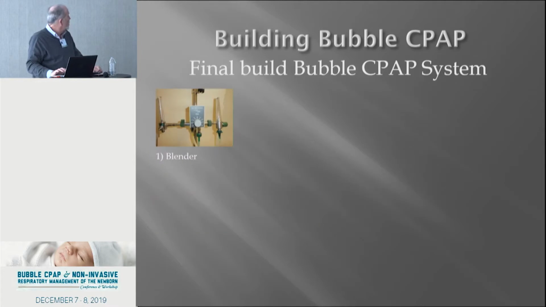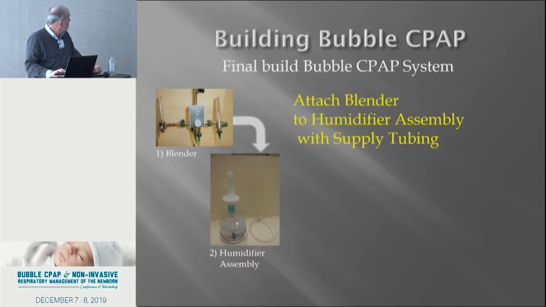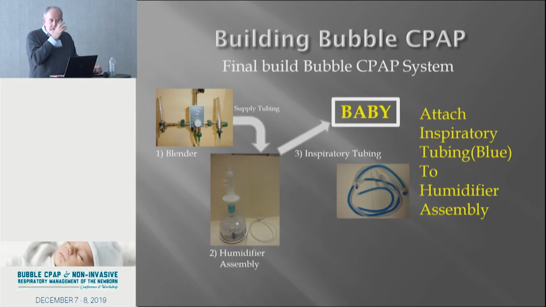Okay, so at this point, you have all the pieces you need to put it together. The blender, the flow goes to the humidifier. From the humidifier, it goes to the baby through the blue line, okay? After it passes across the baby's nose, when they want it, they breathe in. The flow then is directed to the baby. When they begin their exhale, the flow continues across from the baby, so they're just having to negotiate right there to trigger the flow to come to them,